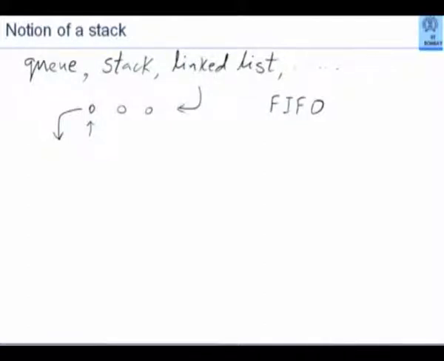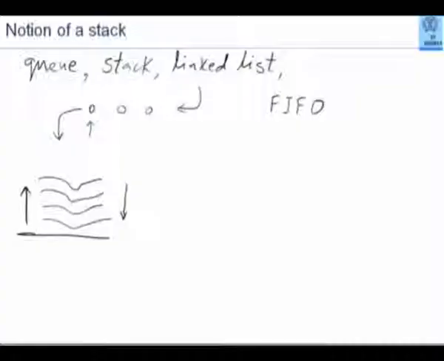The most familiar example of the stack you would have seen probably in your hostel messes, the food that you are served, you would have seen that the plates are kept in a stack. So, the stack is something like this: plate here, another plate here, another plate here, another plate here and so on. So, the stack moves upwards and reduces downwards. Notice that at any point in time, what is accessible is the topmost plate on the stack.